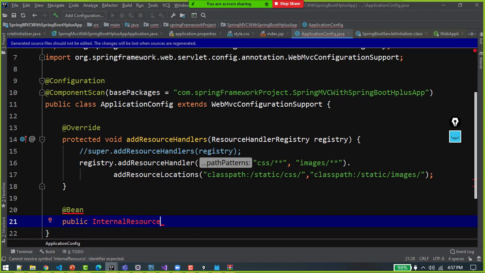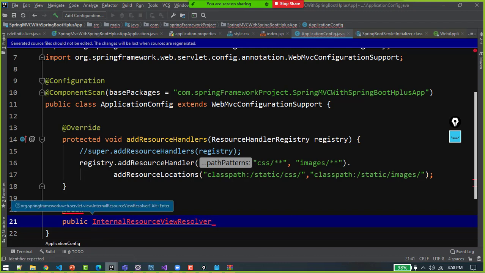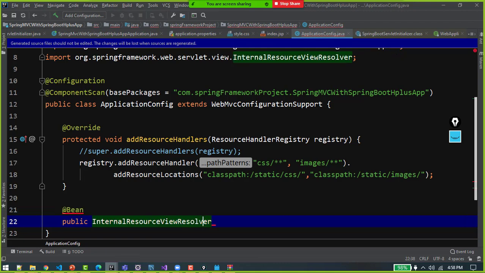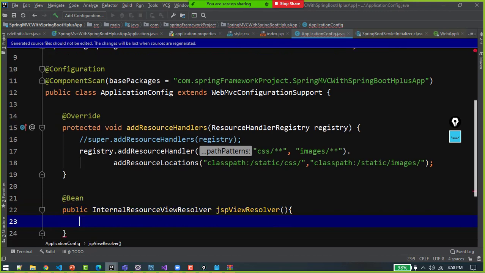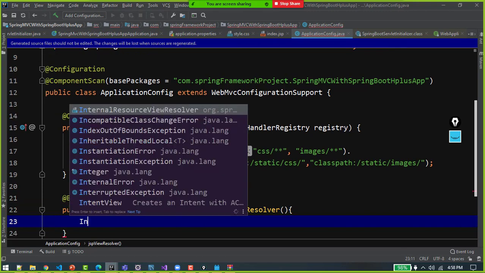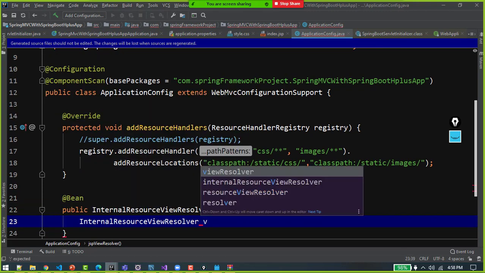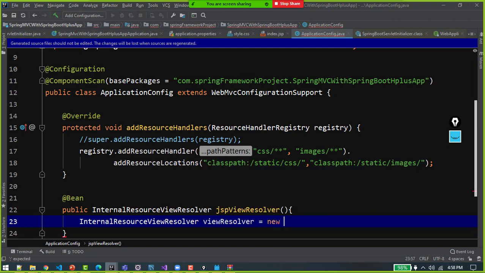Right? Internal resource view resolver, alt enter, and JSP is also added. Now object will be created by this name, JSP view resolver. Bean ID will be created by this name. First is, let's create the object that I need to return. Same thing I will do.